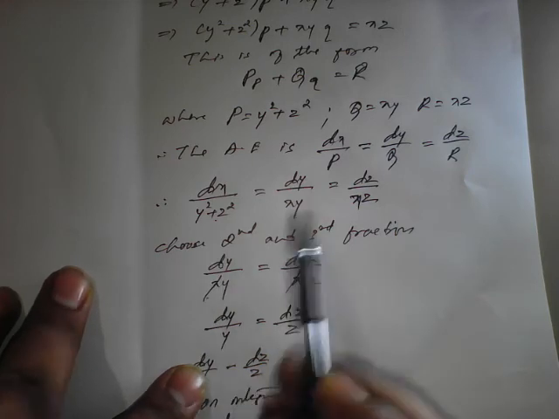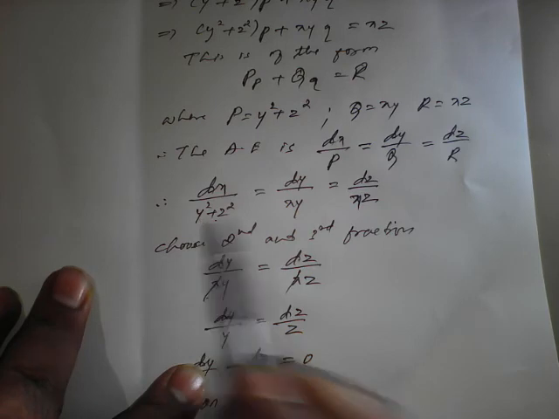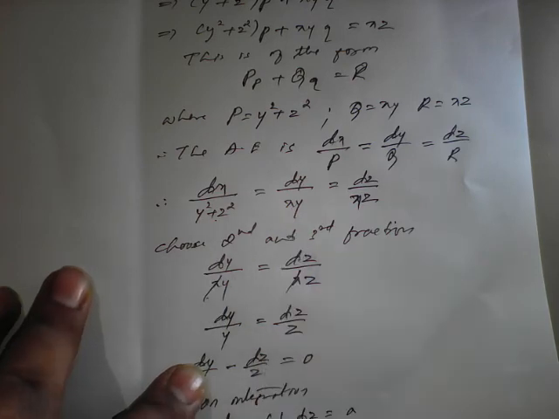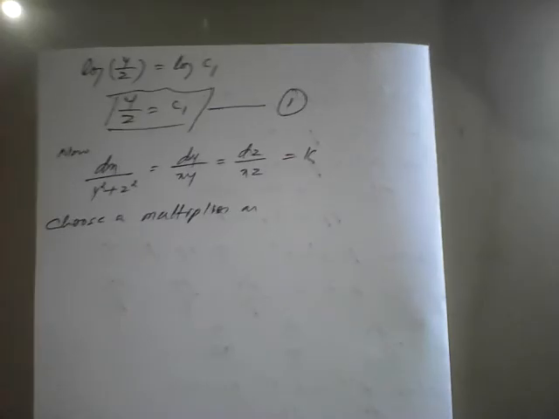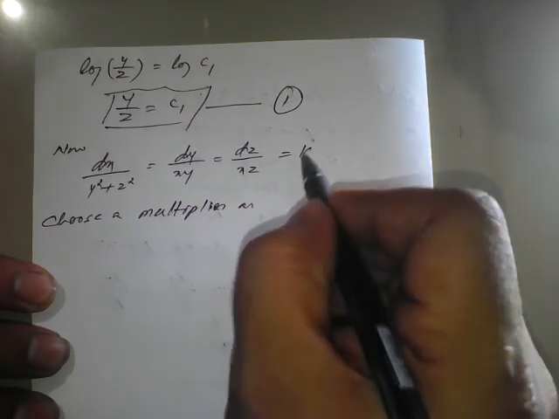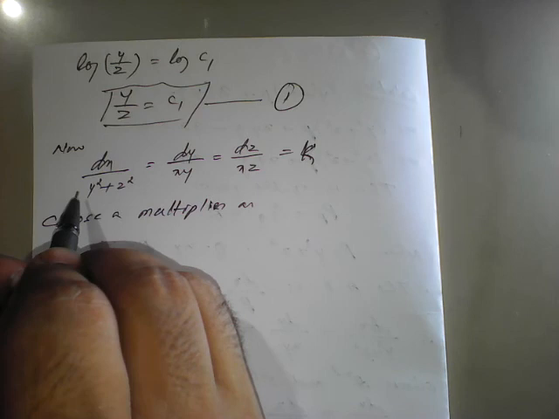So we'll see. See here y square is there. So to make this, we can choose the multiplier as, I have rewritten this one and equated it to k. So we have to choose a multiplier in such a way that